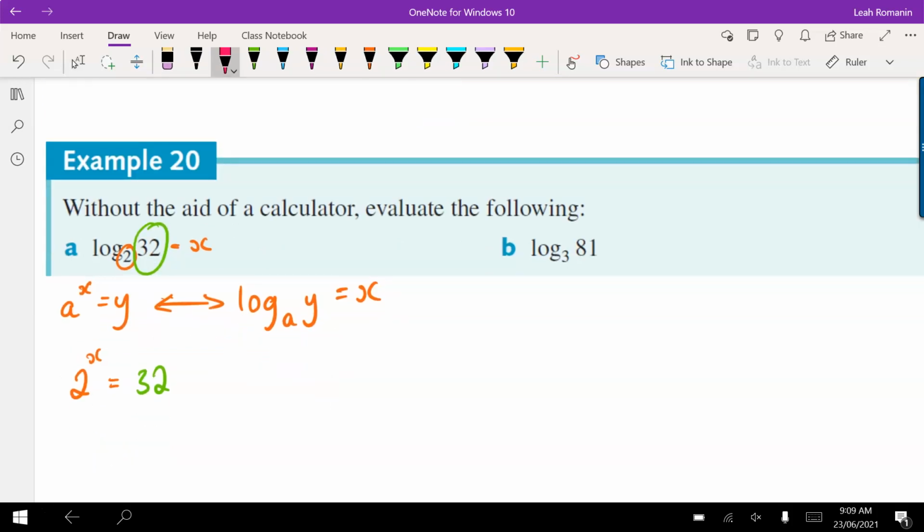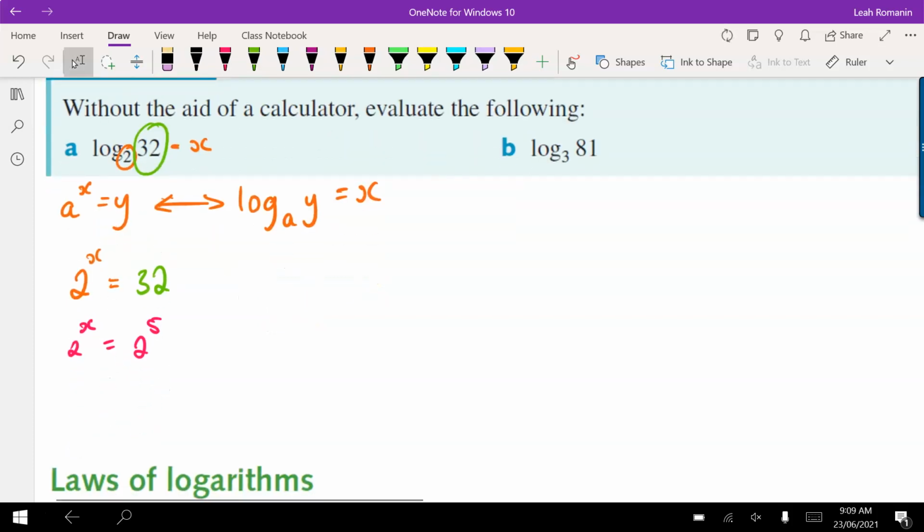Now, similar to what we were doing last lesson in 13D, where you're solving exponential functions, you're going to do it the same way. So you want them to the same base, so you can equate the powers. So 32 is going to become 2 to the power of 5. And then looking at these two powers together, x is going to be equal to 5. So for this particular one, all we're doing is rearranging it back to the exponential form that we are familiar with and solving. So doing the exact same thing for b,